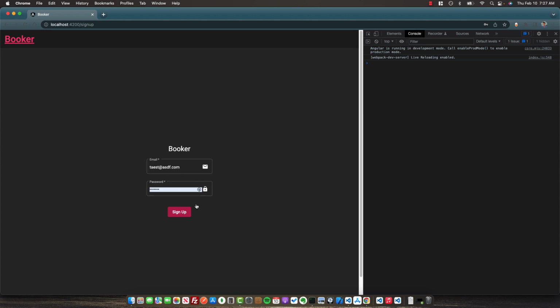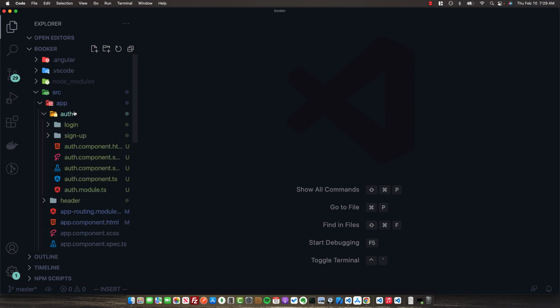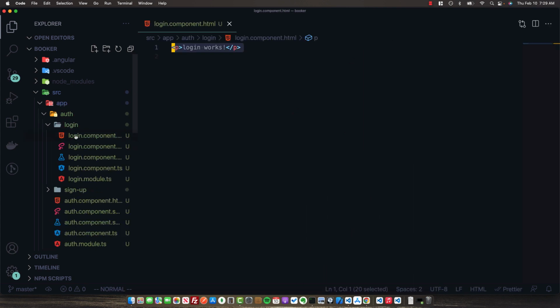We can see a much nicer looking sign up form here, and we can quickly test out our validation. If we remove our email, you can see that we're prompted that we must enter a value, and you can see that it has to be a valid email. Same thing for our password here. As soon as we enter a valid email and password, our validation goes away and we're able to sign up. Now let's set up our login form, and this will be very similar and very easy to do